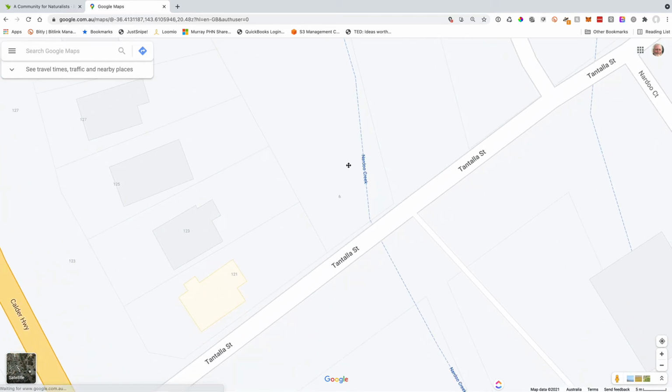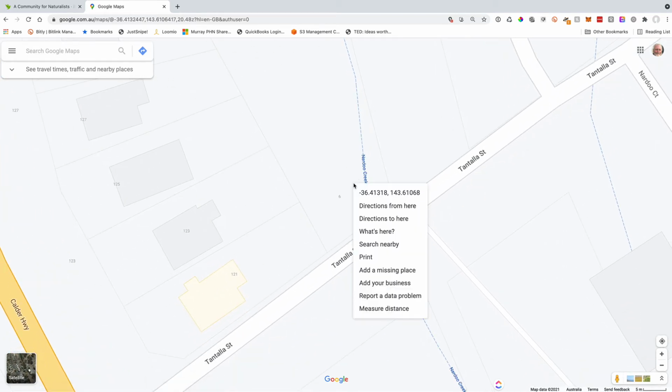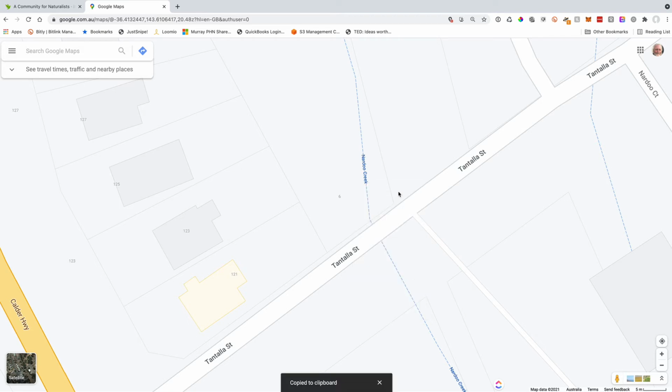and then all I need to do is to right click on my mouse, and you can see there it brings up the grid reference. If I click on the grid reference, you'll see down here that it says that it's been copied to the clipboard. So if I was to go into a